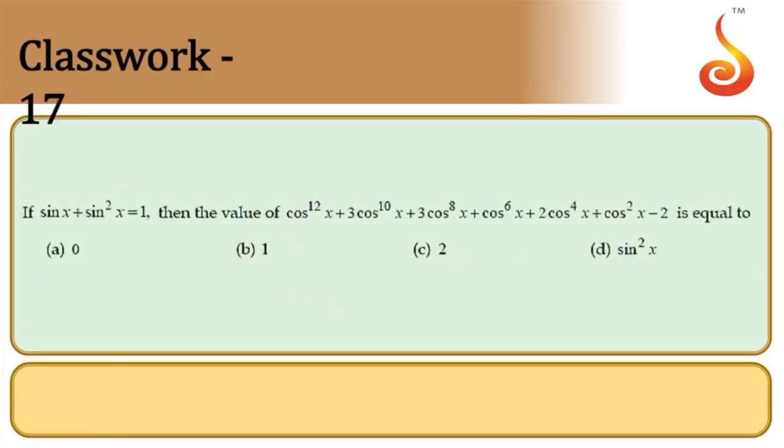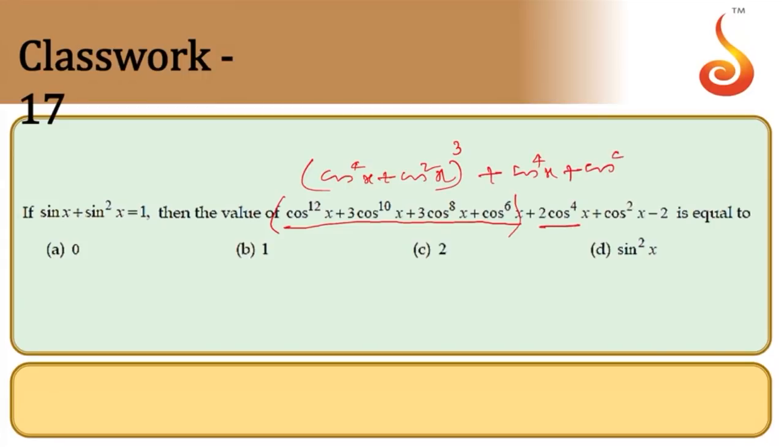Next, sin x plus sin square x is equal to 1. Find the value of cos power 12x plus 3 cos power 10x, and so on. Now if you observe this one, the value will be cos power 4x plus cos square x taken whole cube, we can say. And from here, 1, cos power 4x make it separate, and cos power 4x plus cos square x separate, and minus 2. But why am I writing like this? From here we can say that sin x